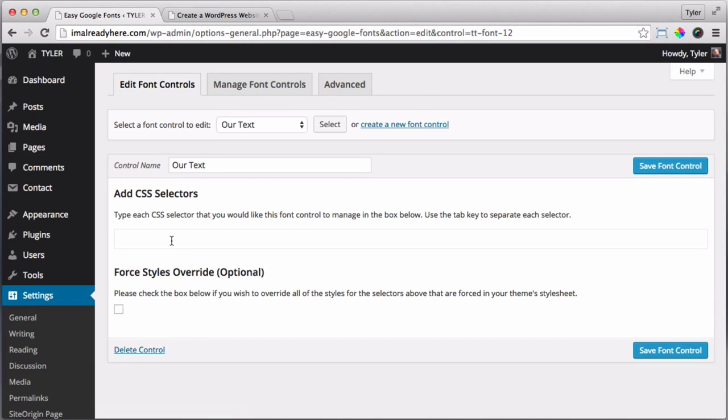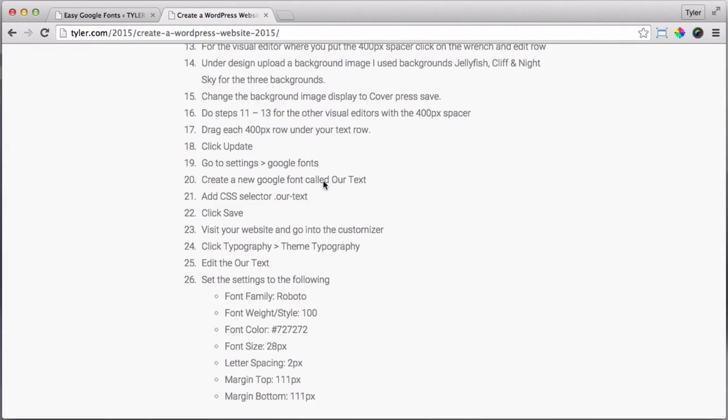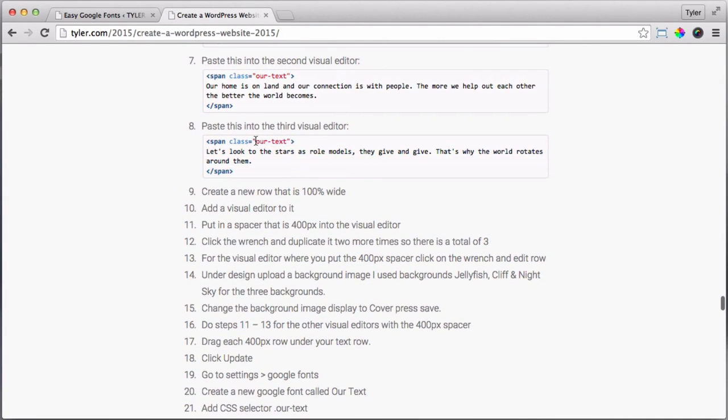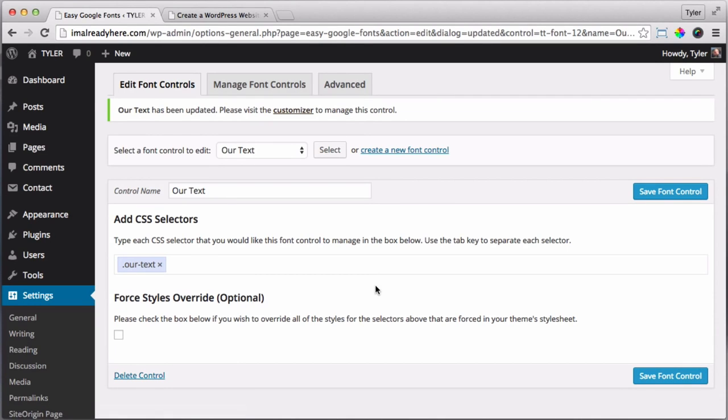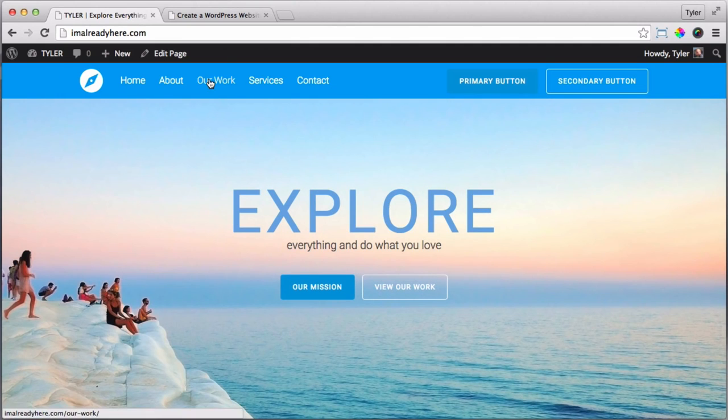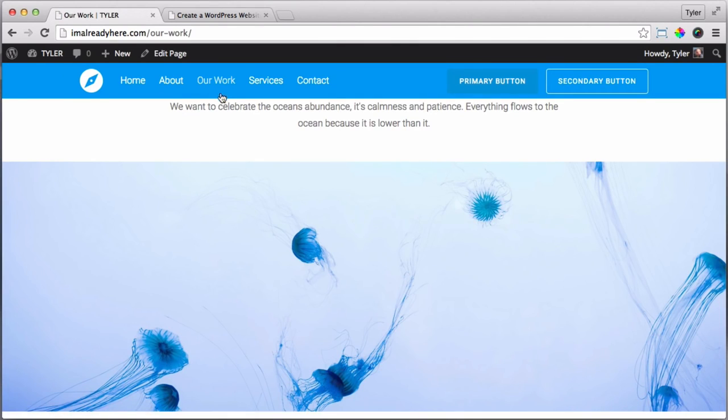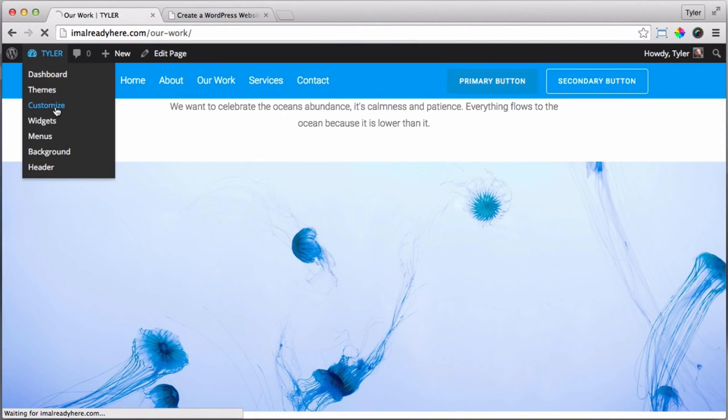And let's name this .our-text. So if we go up here, .our-text. All right, and then press save font control. All right, now that we have that done, we can go and visit our site to see our work. And let's go ahead and go to the customizer